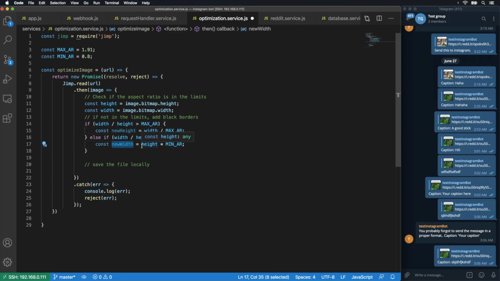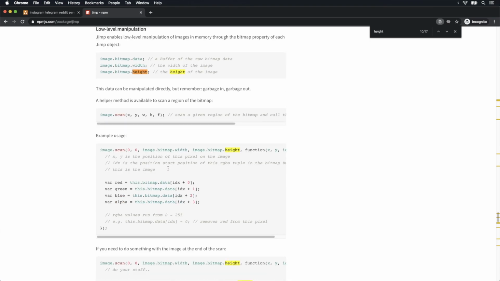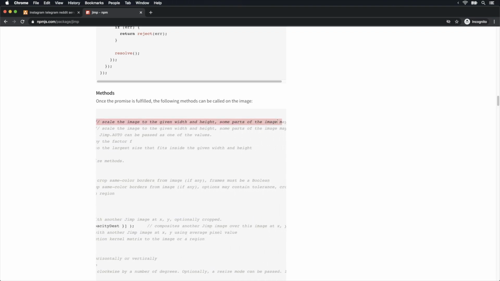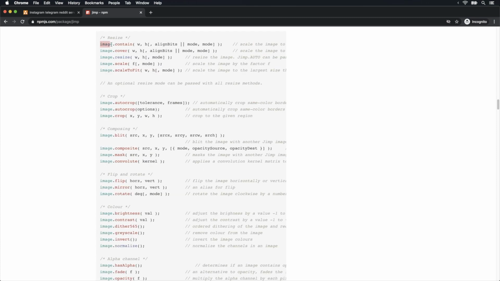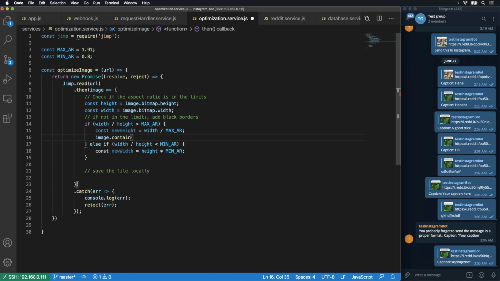Now we need to place those images so that they are centered automatically, and for that there is a function already. So let me search for that function. So this is the function that we want to use. The documentation says scale the image to the given width and height, and some part of the image may be letterboxed. Letterbox is nothing but adding equal top and bottom black borders or left and right black borders, and this is exactly what we want, right? So all we have to do is use this function and pass on the new height and width. So in this case, image dot contain